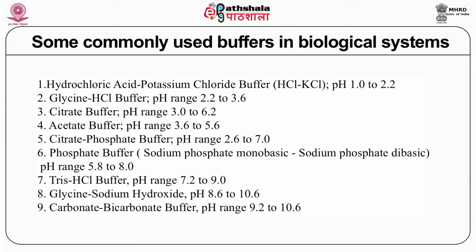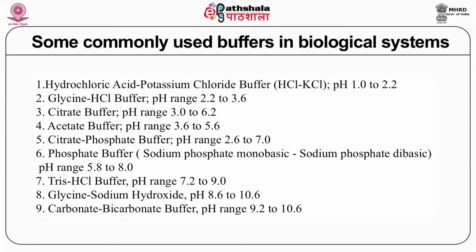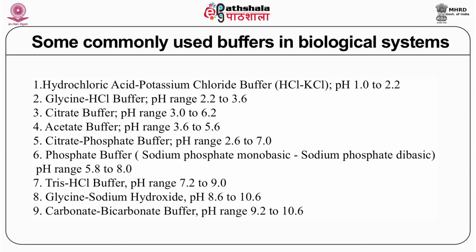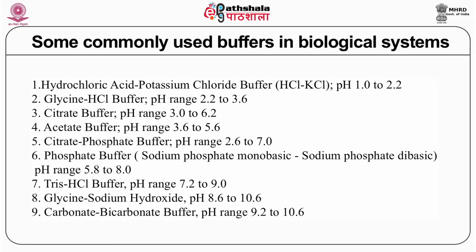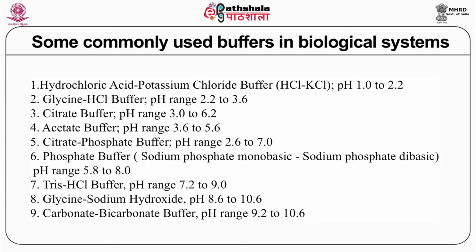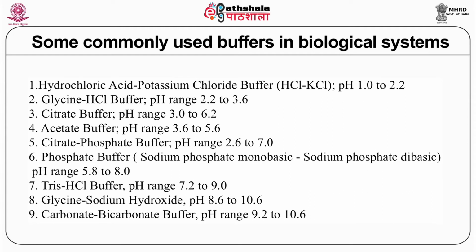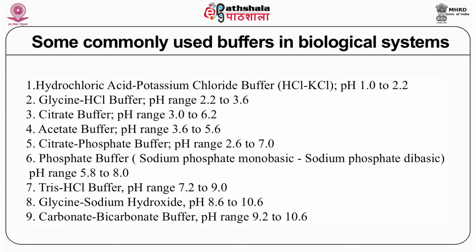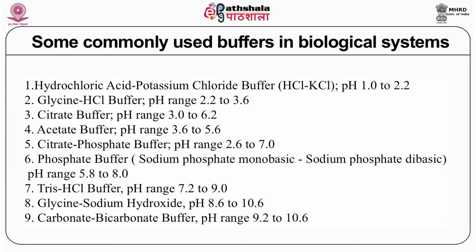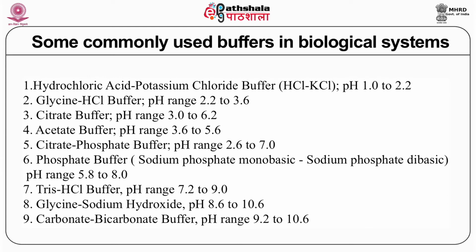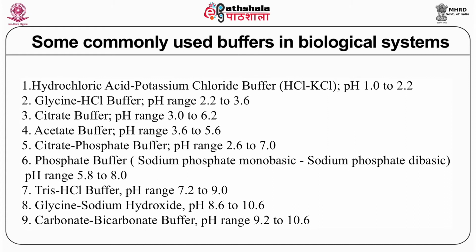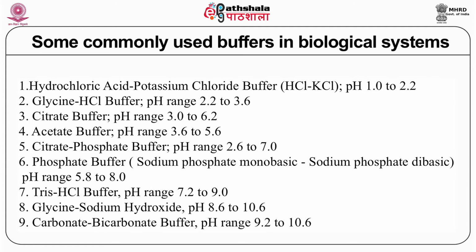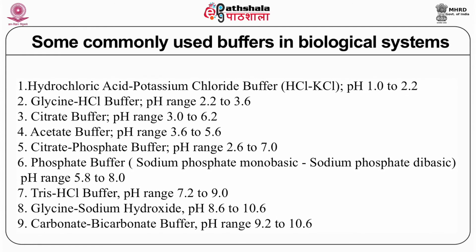Phosphate buffer also has some advantages because it does not interact with so many other things. In biological situations it is better to use phosphate buffer. Again, Tris HCl buffer is also good, but Tris sometimes gives problems. It can interfere with some of the spectroscopic methods, but Tris HCl can be used if you are not using any biospectroscopy. The range for phosphate and Tris is 7 to 9, 7 to 10, they are very good. Then glycine sodium hydroxide buffer is again in the basic range, or you can use a carbonate bicarbonate buffer, pH 9 to 10, if you are on the higher side of the basic range.